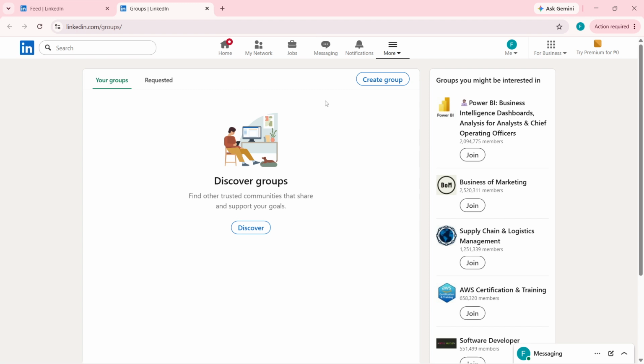LinkedIn occasionally updates its layout, but the overall path is usually very similar, and that's all there is to it. To view a group on LinkedIn, go to your feed page and click on Groups. Once you're there, you'll be able to access your group spaces and stay involved in the conversations that matter to